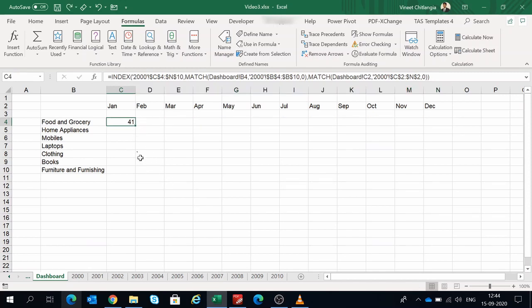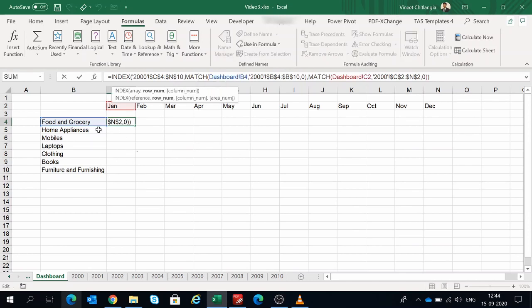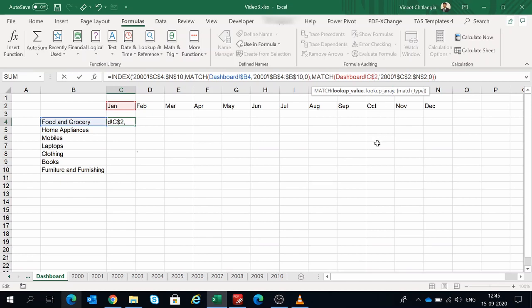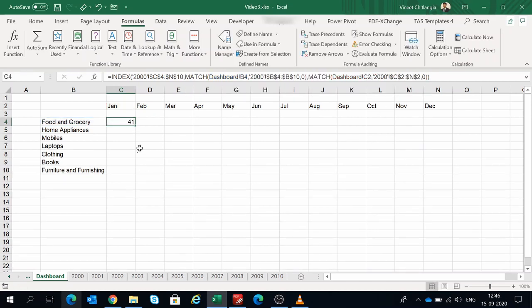The reason for this is that for the lookup values, we'll have to give partial absolute references. In the case of the first match function, as we are referring to the sale type, which is along the rows, the row number is changing, but the column number will never change. So we'll have to insert a dollar sign before the column so that it does not change when we drag. Same goes for the month, but in this case, the column number is changing, but the row number is not changing. So we'll just insert a dollar sign before the column number. Let's try it out.